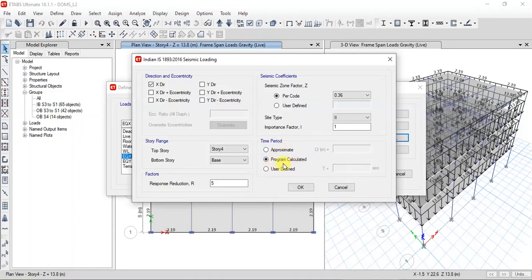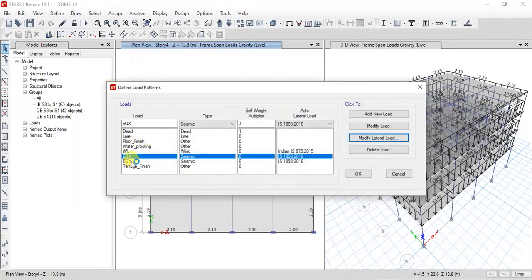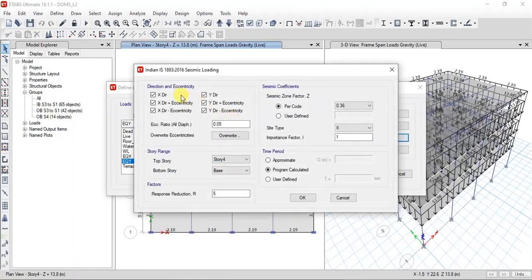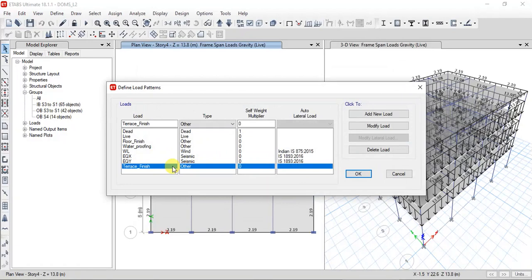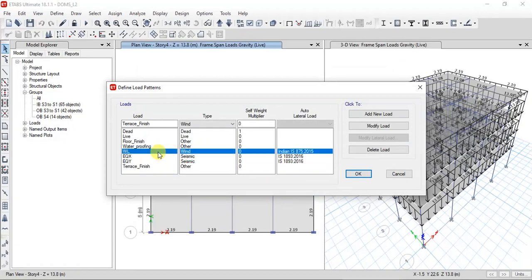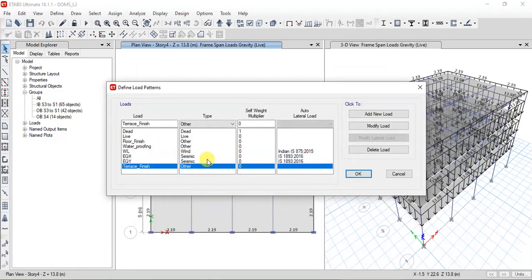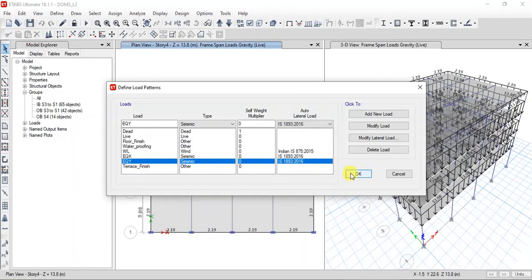So we'll select program calculated and click OK, and the same way you need to do for y direction. So click OK, go to y direction, modify load, uncheck all, select only y direction, make sure all the properties are correct. So we have selected the correct factors, then click OK. So now we have defined wind loads, earthquake load in x direction and earthquake load in y direction.